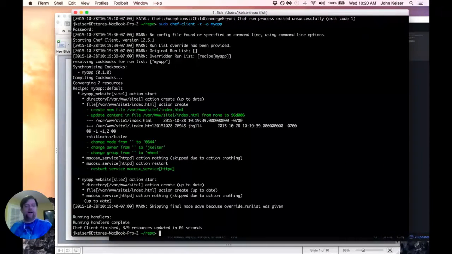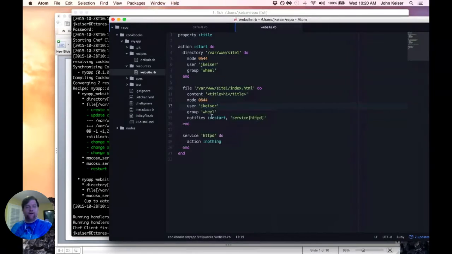So this is what it did. It said it used the My App website resource, and it called action start. And My App website is right here. This is the My App cookbook website and action start. And it ran this recipe. In fact,